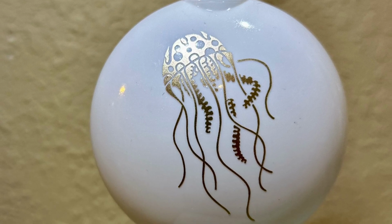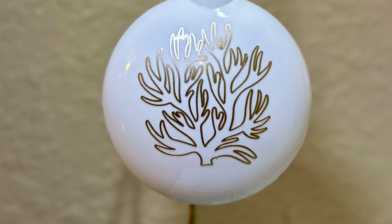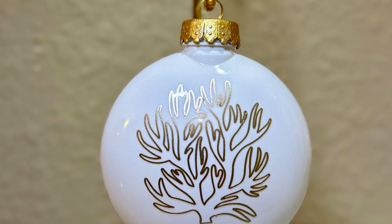So again, just using these ornaments from the Dollar Tree, we made some beautiful Christmas designs, and I really hope